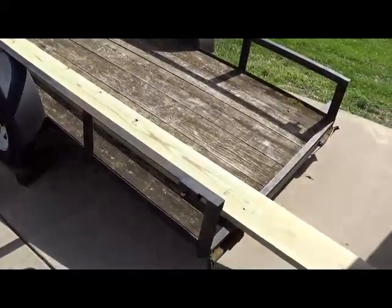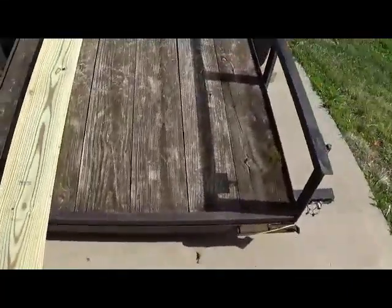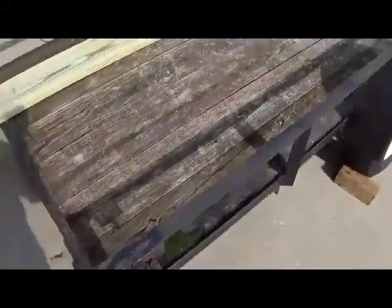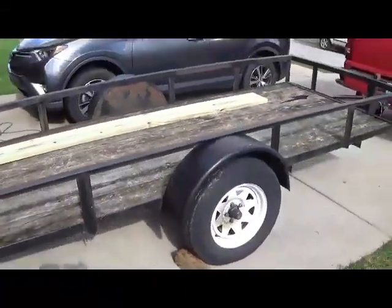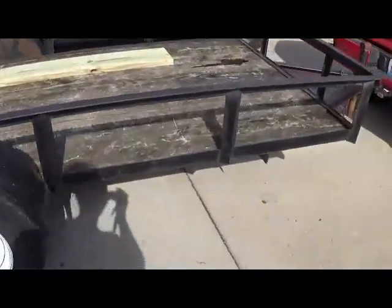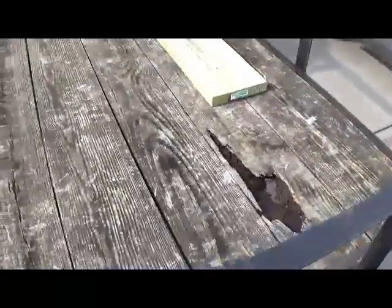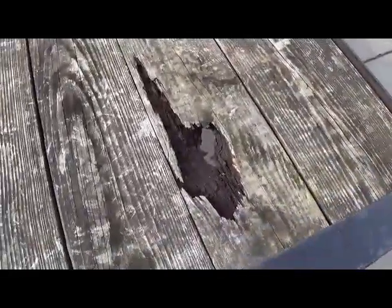We're actually going to be working on my dad's old trailer. We've got a lot of good years out of this thing, carrying wood, hauling furniture, doing all sorts of things. But this thing is definitely needing some loving. You can see we got a big old hole here in this piece of wood, and I think that's really